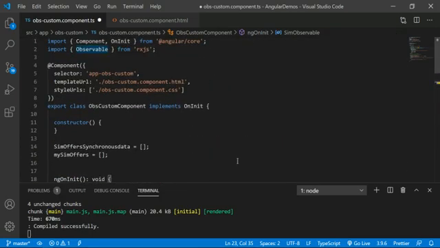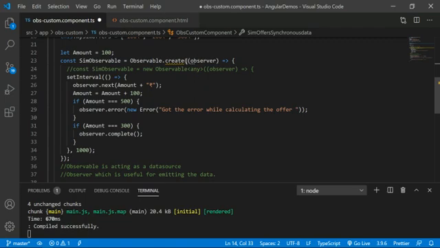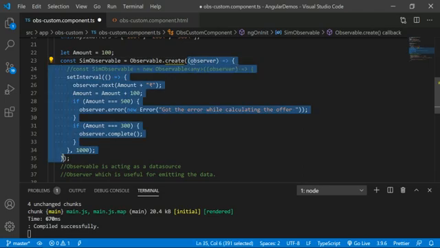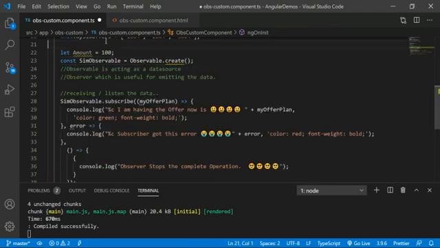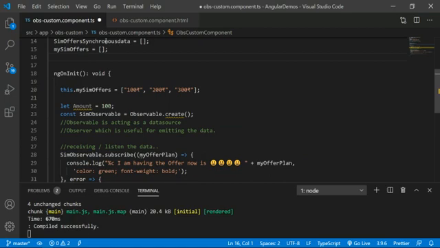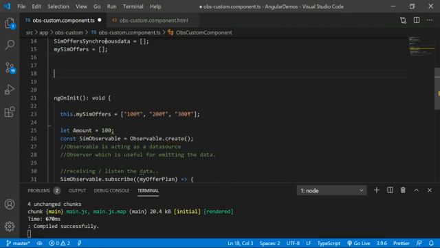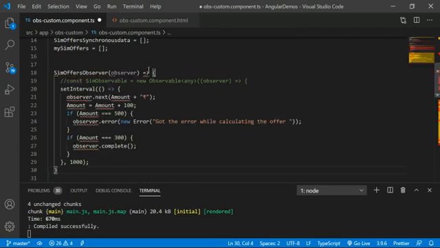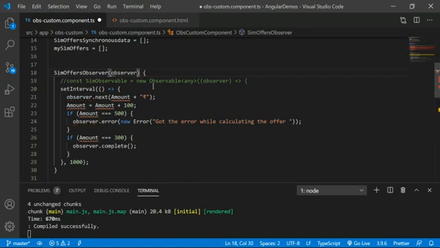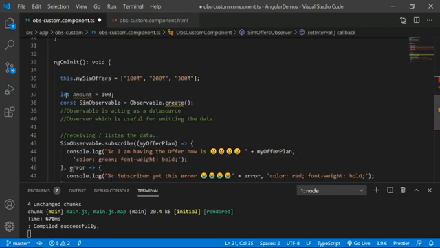Now take that entirely, Control X, and create one function outside of ngOnInit. Let's say simOffersObserver.